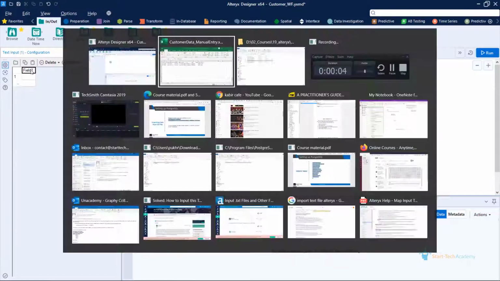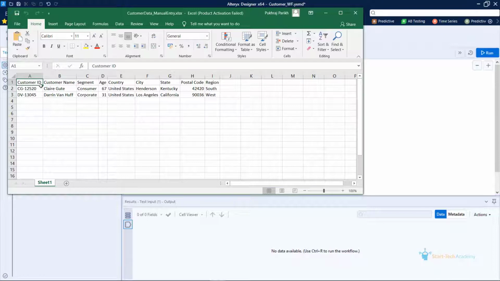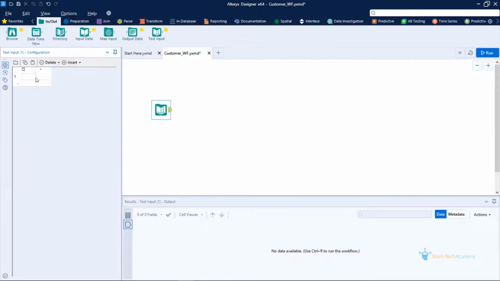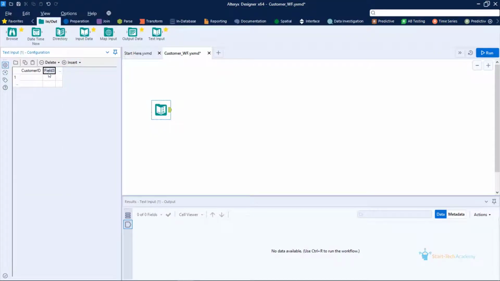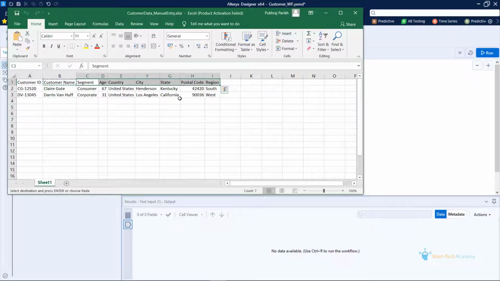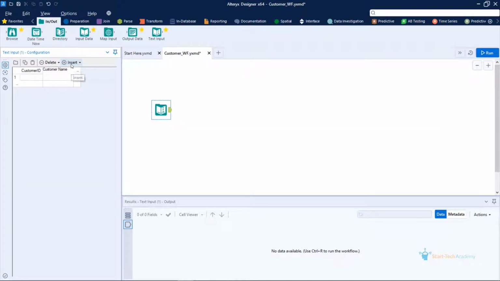So let's go to Excel. These column names, customer ID, customer name, segment, etc. are the field names. You can type the name of the fields or you can copy paste them also. Now I have selected multiple columns and I have copied them.